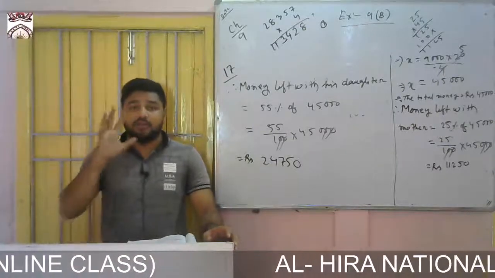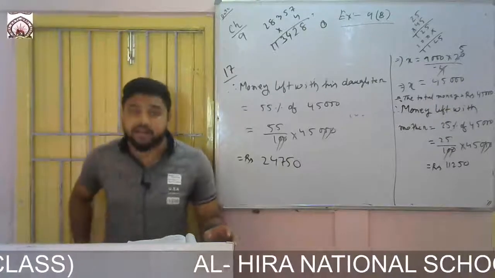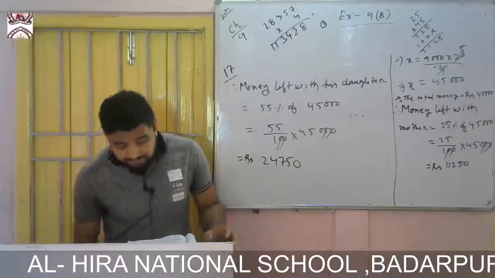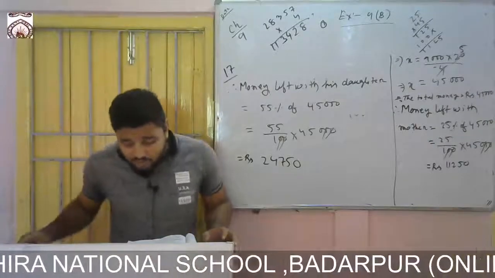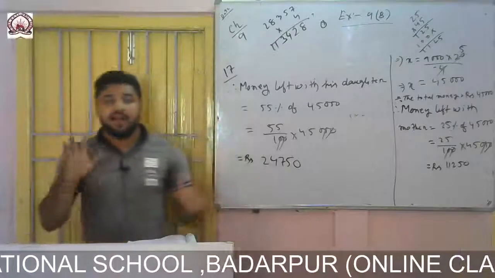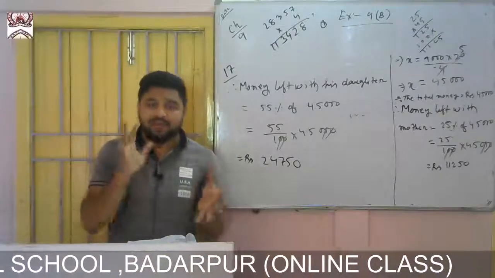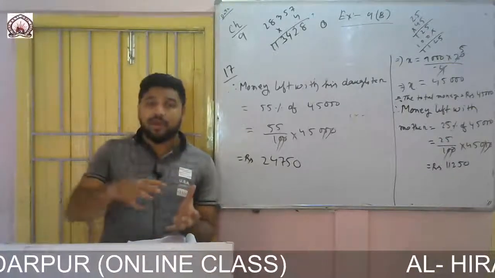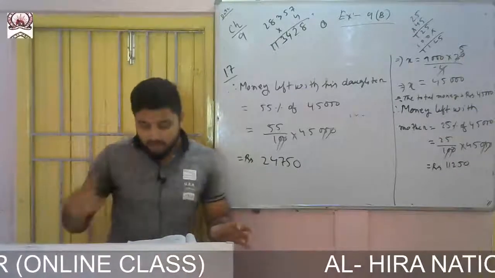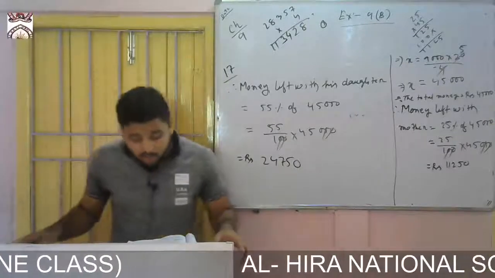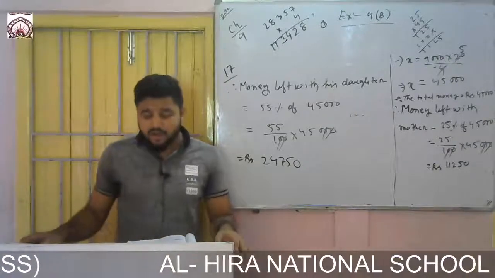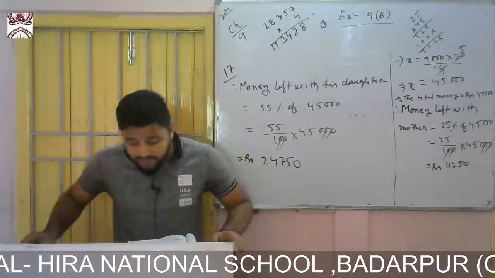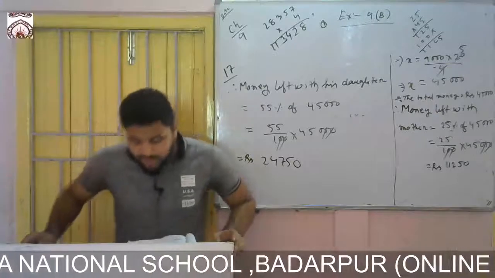That means Sham used 40% of the 60 liter tank, 40% of the oil used by Sham. And poured the rest into a 40 liter tank. After using 40%, whatever oil remained, he poured into another tank of 40 liter. Understood? Now the question is asked: what percent of the 40 liter tank was filled with oil?